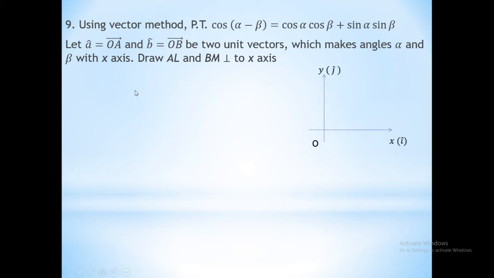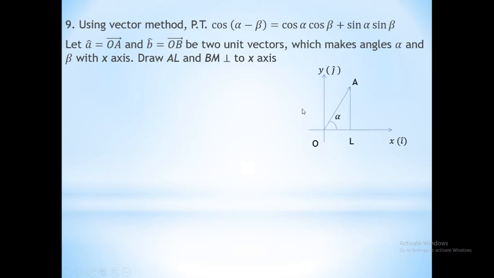Now you see here, this is a two-dimensional plane, isn't it? X-axis, y-axis. You know that x-axis is associated with what? I cap, and y-axis is associated with j cap. Now what I'm going to do is take a vector OA, which is a unit vector. So I have mentioned it as a cap. What is the meaning? The scalar value of the vector, the length, is 1 unit. In such a way, b cap, which is also known as OB vector, is also 1 unit, just 1 unit.